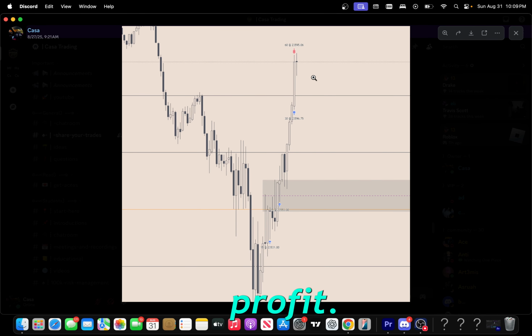This is super duper clean again. I'm not catching Casa's Wick theory every single day, right? And I am Casa, which is crazy. But I'm still using it in conjunction, in favor of what my bias is. If I see us coming off of a Casa's Wick theory, I'll pyramid my positions. Ideally, I would have gotten in here at this wick and then gotten in again where I actually got in. But yeah, it was right here. This was Casa's Wick theory. And then this was just the fair value gap entry.